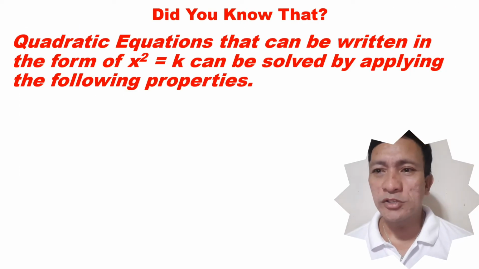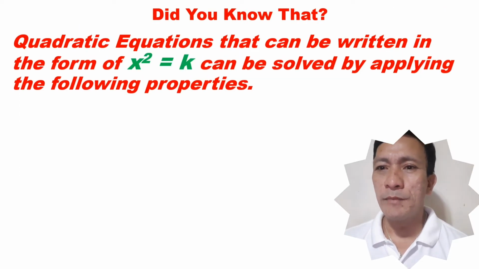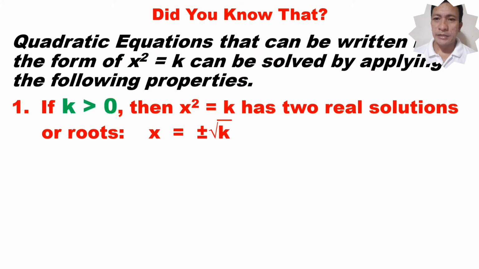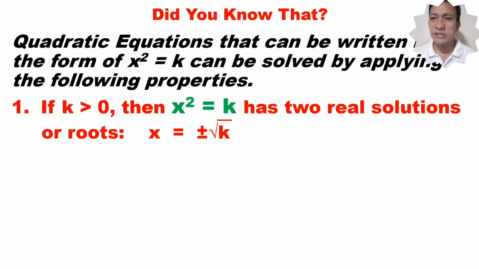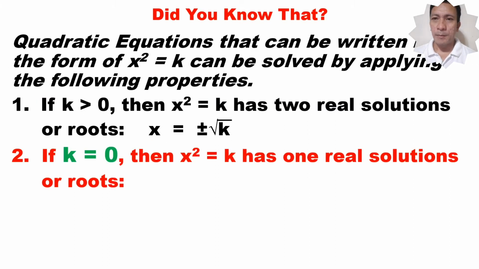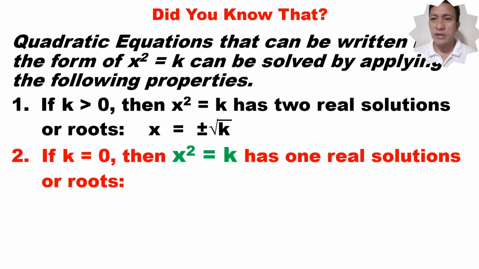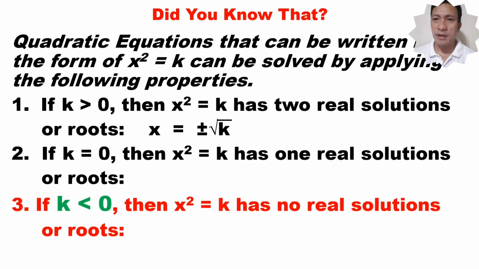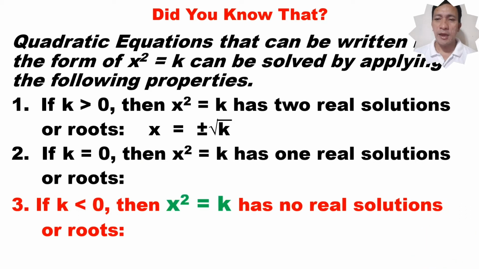All quadratic equations that can be written in the form of x squared equals k can be solved by applying the following properties. Property number 1, if k is greater than 0, then x squared equals k has two real roots or solutions. Property number 2, if k is equal to 0, then x squared equals k has one real solution or root. And property number 3, if k is less than 0, then x squared equals k has no